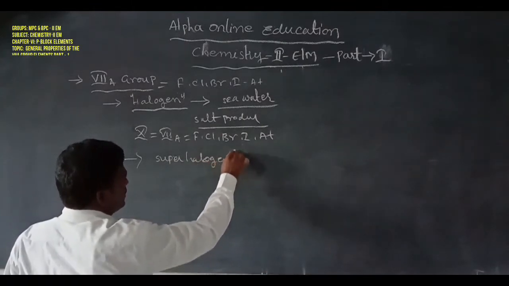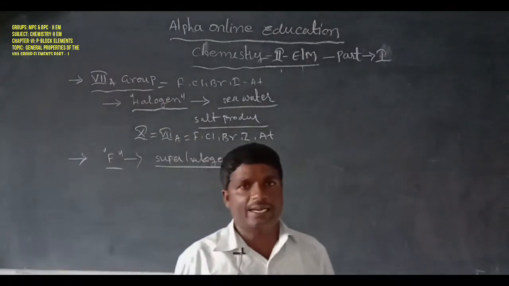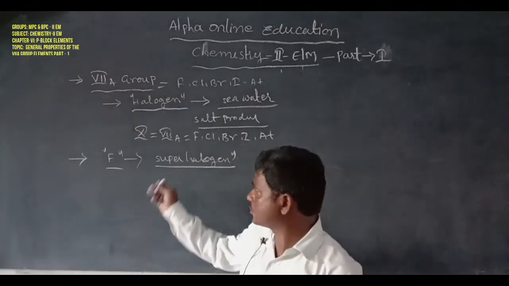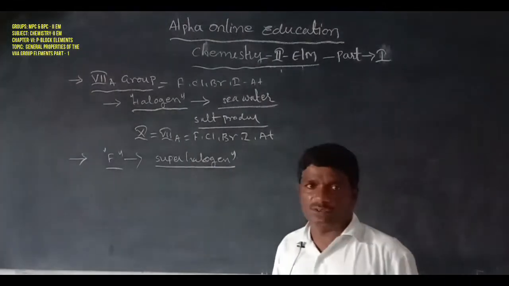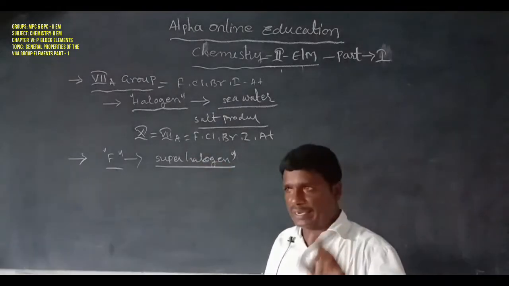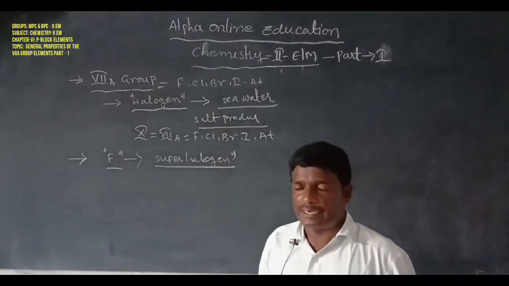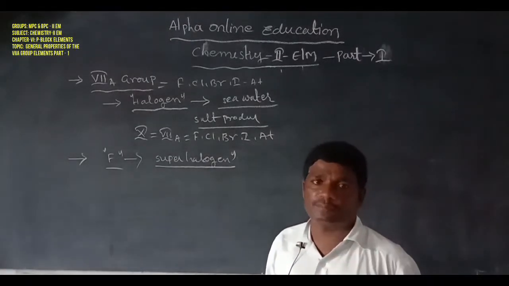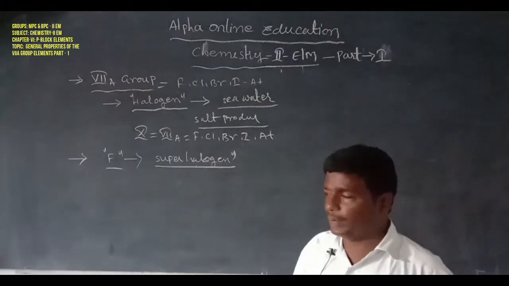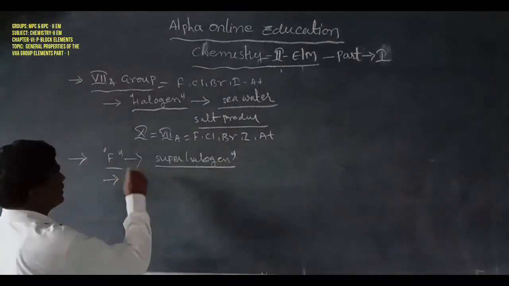Because in the 7th A group, fluorine is the most reactive, it reacts with all elements in the modern periodic table. So it is also called a super halogen. Next, another one: the general electron configuration of